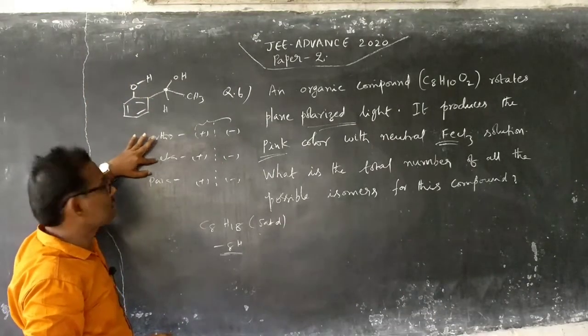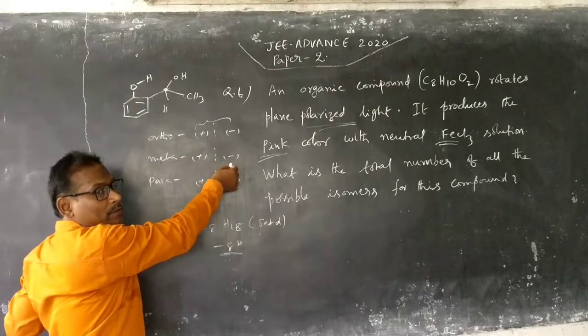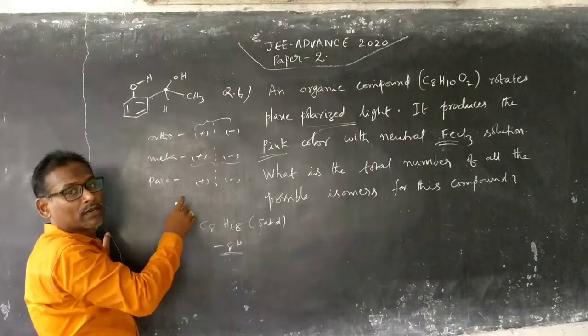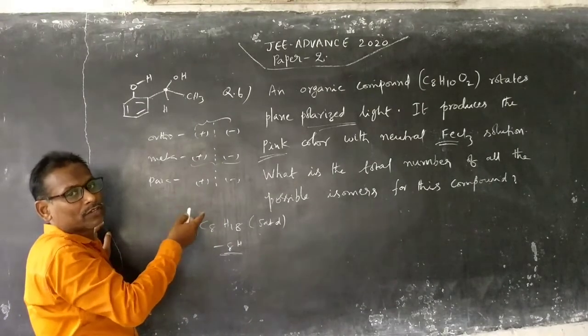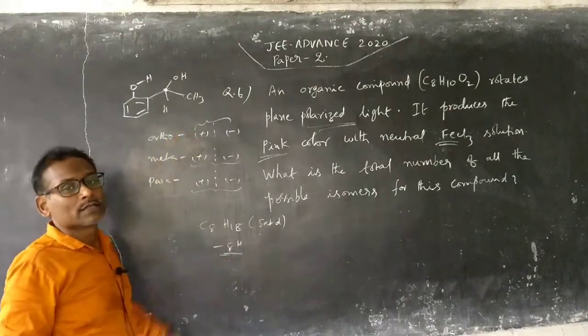So in that case, once again we have 2 compounds. The relation is one is plus form, other one is minus form. Both are mirror images of each other, but not superimposable. They are called one set of enantiomers. This is another set of enantiomers. Therefore, ultimately we get 3 sets of enantiomers.